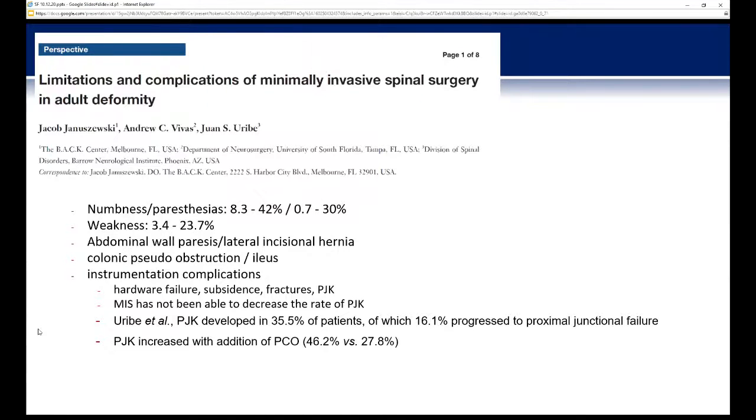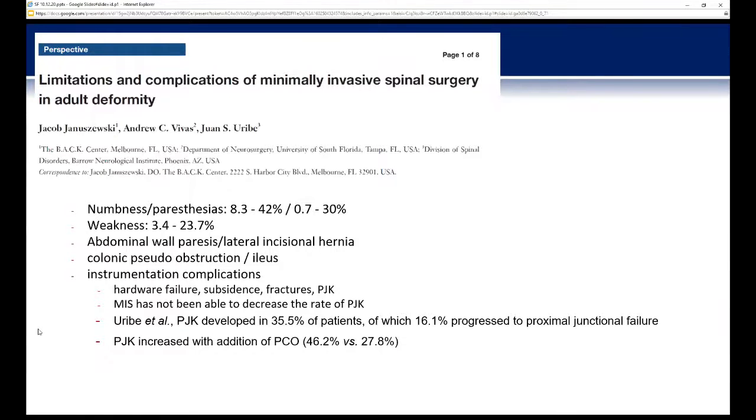But when you're talking about doing significant work through the abdomen or through the lateral access corridor, you can get these issues more readily. Instrumentation complications, there can be failure, subsidence, PJK, or vertebral body fractures, end plate fractures, more commonly. But interestingly, when looking at the literature, MIS techniques for deformity correction have not really been able to decrease the rate of proximal junctional kyphosis, which is hard to understand why that is, but I think it has to do with,